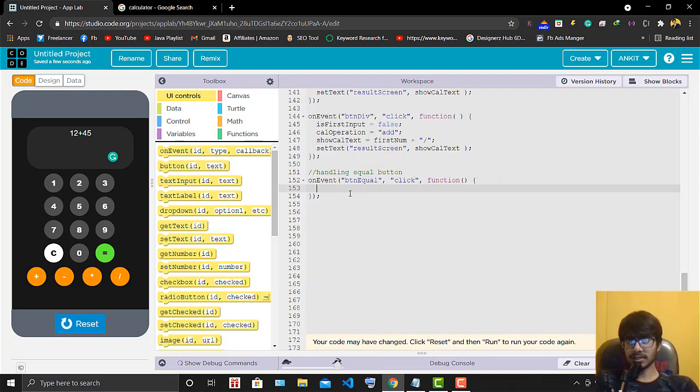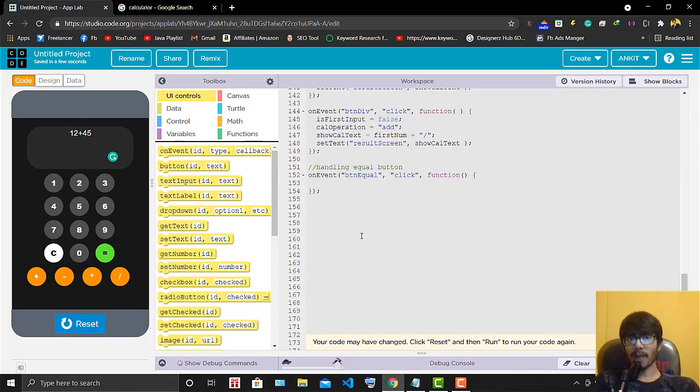So this button equal should carry this value, and transform this string value into a number. So we have to parse, parsing in the integer. I will declare local variables here: where real first num, let's say real first num.